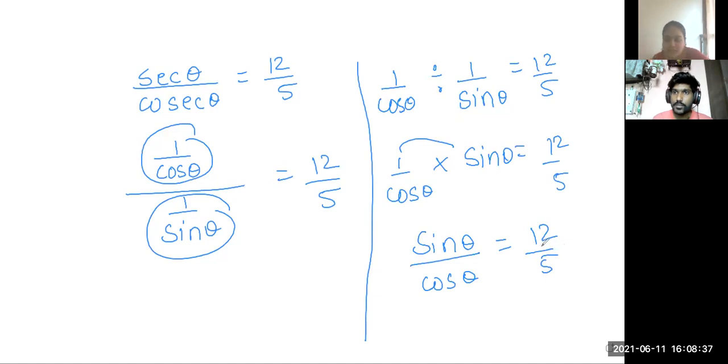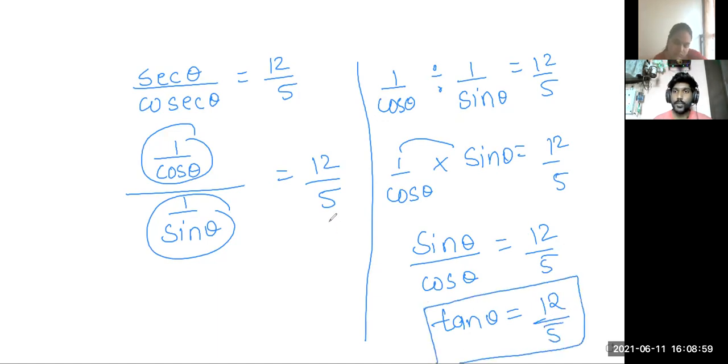Yes. So what I did is right? No, you wrote cos on the top. Oh, okay. Cos on the top. Yeah. So sine upon cos, what is it? Tan. So this becomes tan theta is equal to 12 upon 5. Well, you got cot theta. So that was a mistake that you did there, one small mistake. Do you understand?